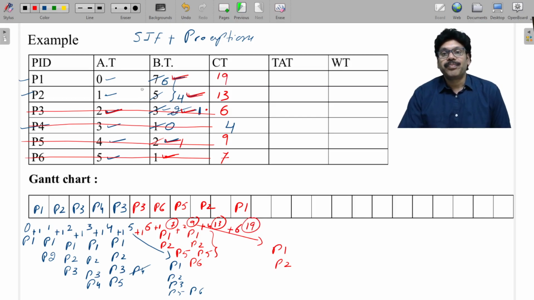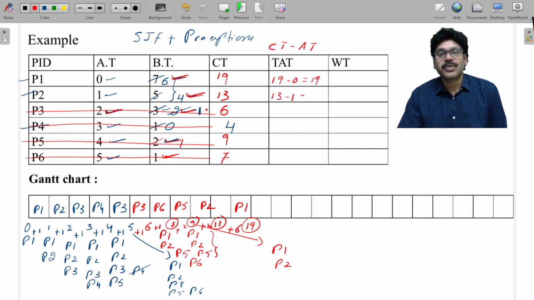This is how to do SRTF. So turnaround time, you know. Let me do this turnaround time carefully. Completion time minus arrival time. Completion time 19 minus 0. And completion time 13 minus 1. And 6 minus 2. And 4 minus 3. 9 minus 4,